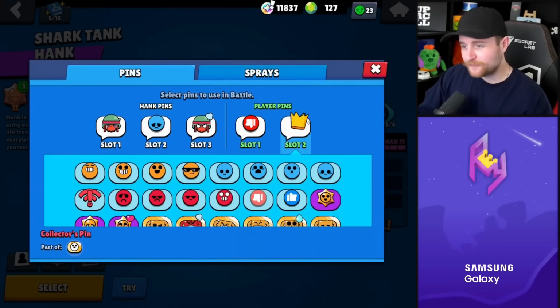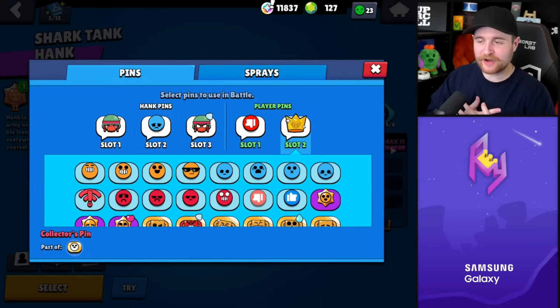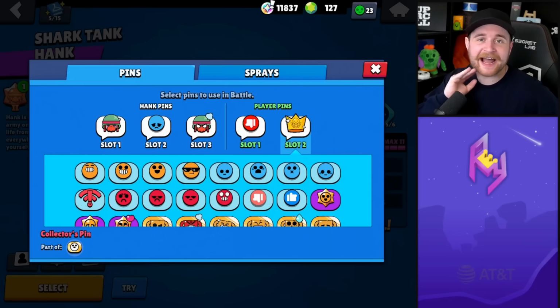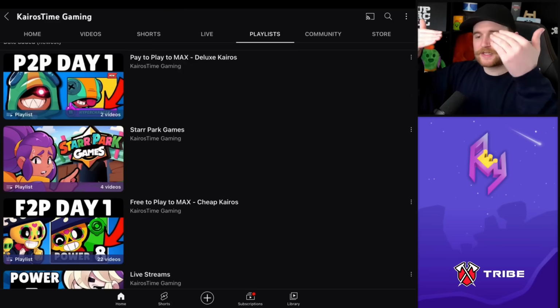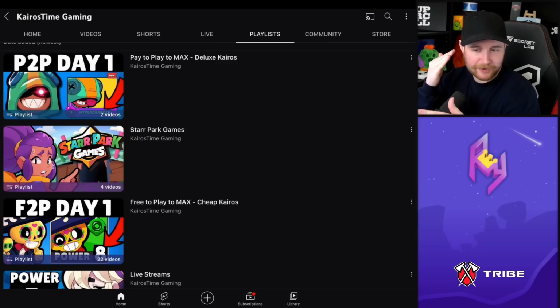We'll have to see. The final thing that I can say I own, and honestly one of the things that I'm most proud of that I consider rare, is the Star Park Games Mortis Crown Pin, the pin that I managed to win by winning the Star Park Games that Kairos ended up holding on his channel. It was a beautiful series and a really fun time, and it was an awesome collaboration between creator and Brawl Stars'